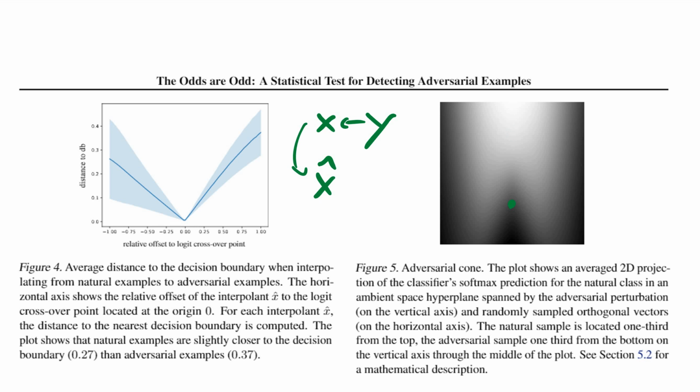And what we find is pretty interesting. So when you go from the original class, in every direction here, the original class kind of decreases smoothly, right? You see at the edges here, it kind of gets black. So the further away you go from the original example, the shadier the classifier gets. It's like, yeah, I'm not so sure anymore that this is the class, right? But if you go into the direction of the adversarial example, the drop-off is, first of all, very steep. So all of a sudden, here, you're in very dark territory, which means the classifier doesn't think y is probable at all anymore. And moreover, you get this kind of